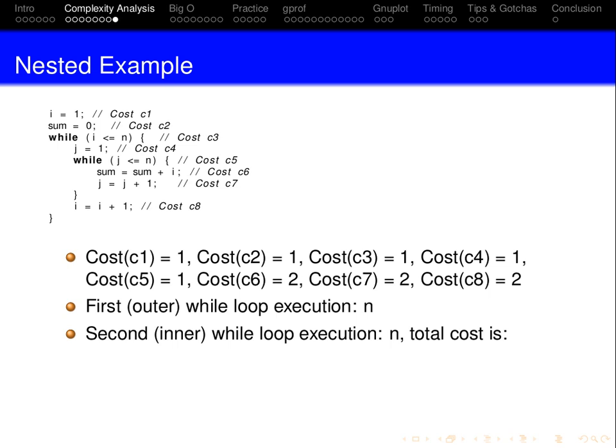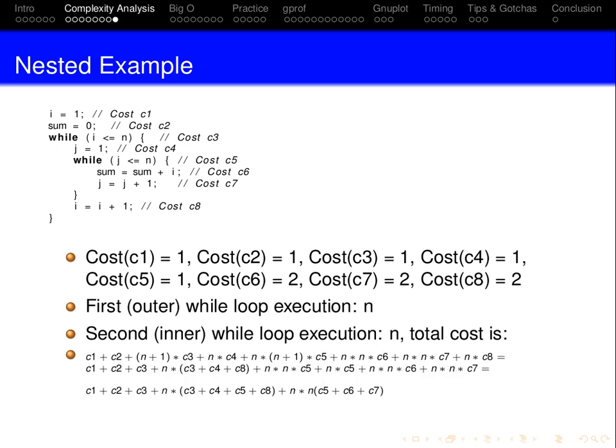The second loop also executes n times. All right, that's the first thing to keep in mind. How many times do each of these loops execute? The while loop inside is n times, and the other while loop is also n times. So total cost, oh boy. This will be